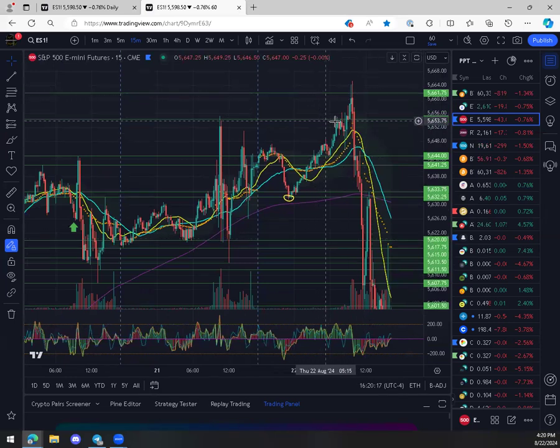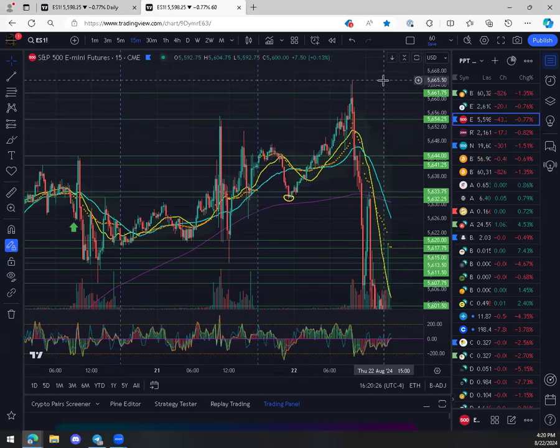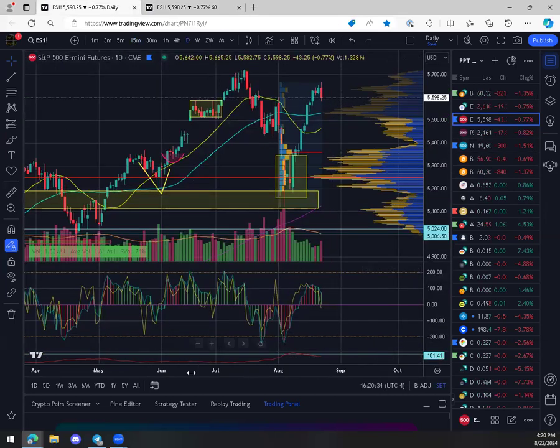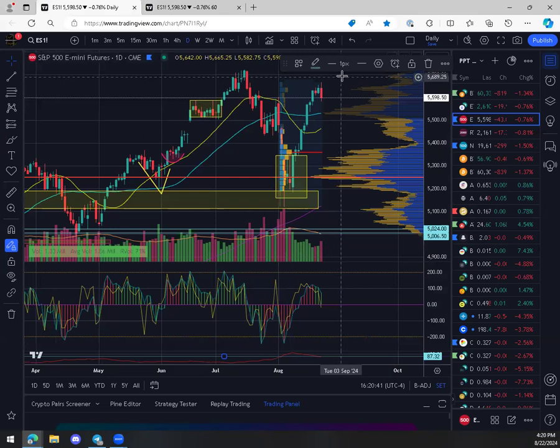But really, if you were really prepped and you had this marked as a major zone, you should have been getting ready to fade this because this was pretty extended. We're talking a move from 5,632 up to 5,665. So I mean, not super overextended. Let's see what the ATR is. It's around, yeah, so it's not like we maxed it out, but just the way that we got there and how overextended it was in leg count on the daily really was preparing us for this scenario. It took a couple of days, but that's kind of why.